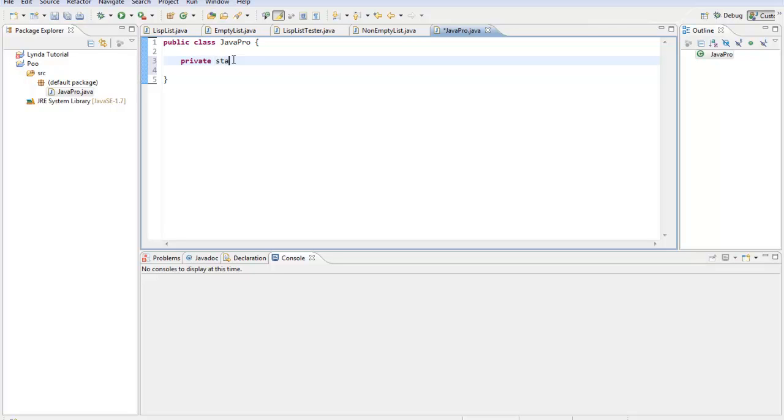Let's say it's static, and let's say it's of type String, and a string is a collection of characters. Let's call this myName, and let's assign the variable myName to Tom, and let's use a semicolon, which tells Java that this line has ended